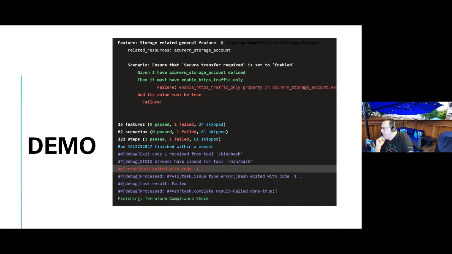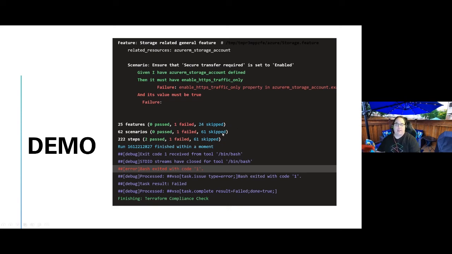Another quick question: what do you think of Azure Policy usage in pipelines? Can it be combined with all of these tools? Yes, excellent question. Azure Policy for sure is definitely applicable in a pipeline as a compliance check for the resources that you're attempting to deploy. But these tools happen before that, right?